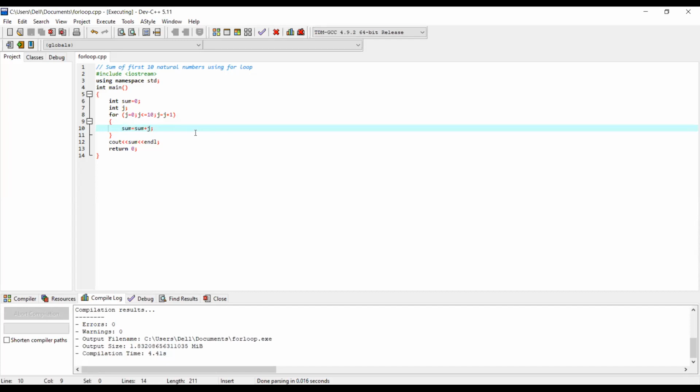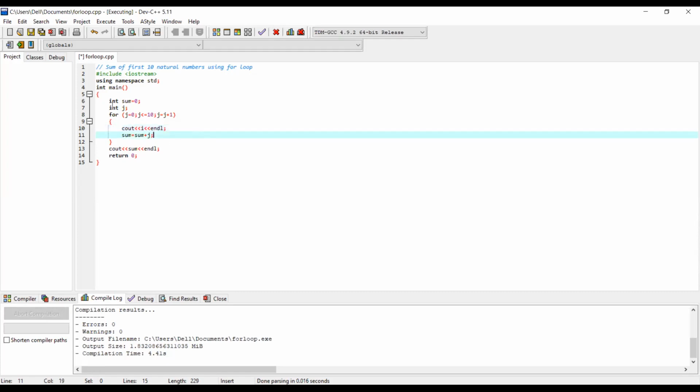That statement is cout i and endl semicolon. What does it do? It prints the value of i in a loop. So if I run this program, then in the loop the values 1, 2, 3, 4, 5, 6, 7, 8, 9, 10 will be printed, and finally 55 at the bottom.